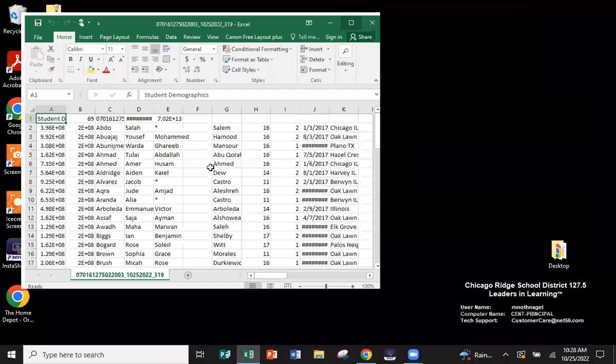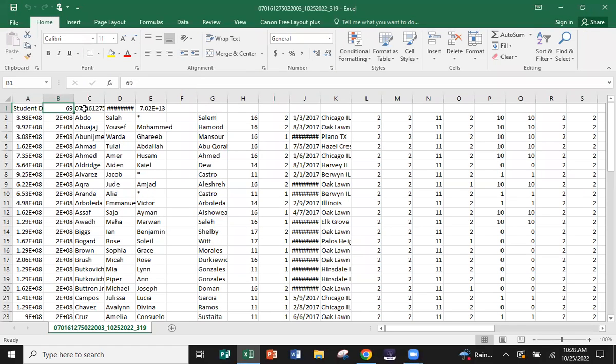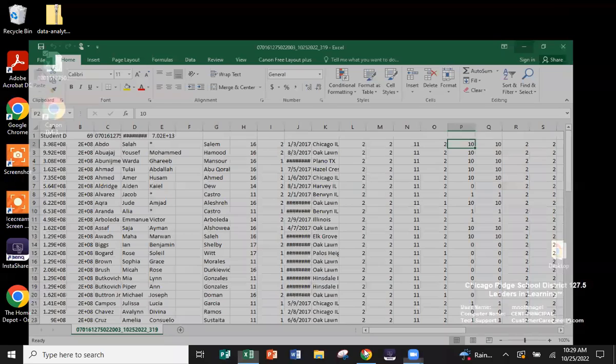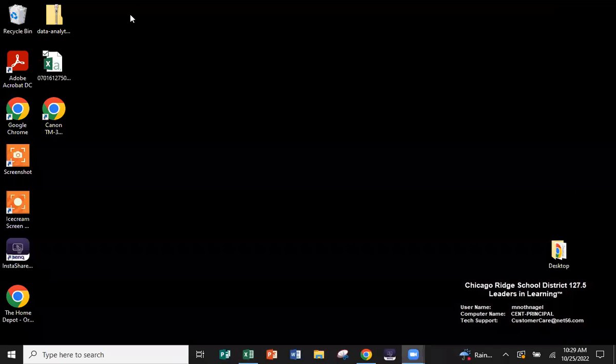So here are the Ridge Central kindergartners. Now you'll notice there's a header at the top. This header does need to be there for the uploads to the state, but you'll notice that each column does not have a header. So in order to determine what each one of these fields are, you do need to go to isb.net